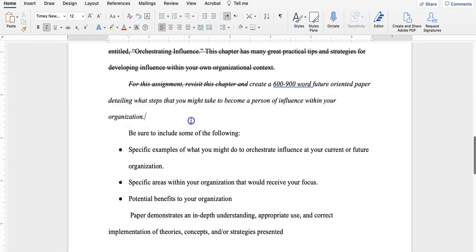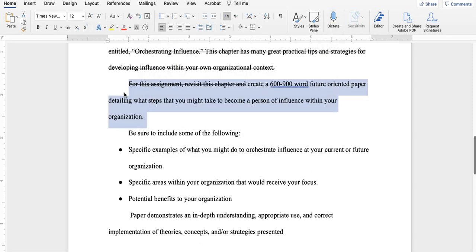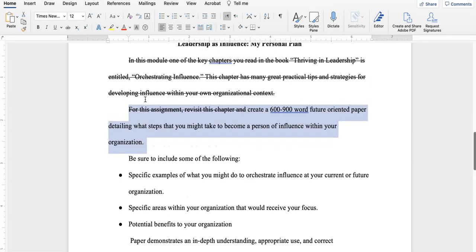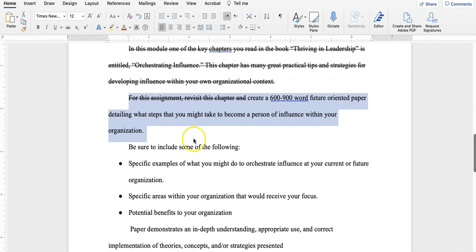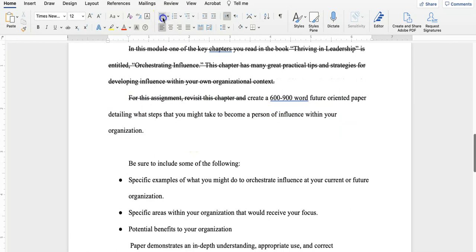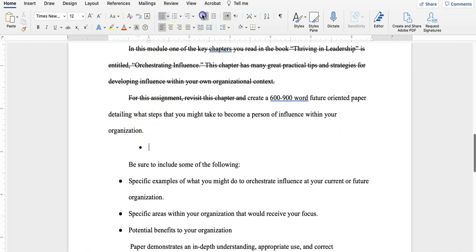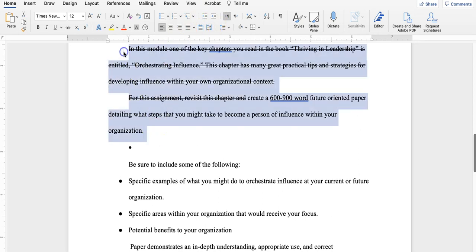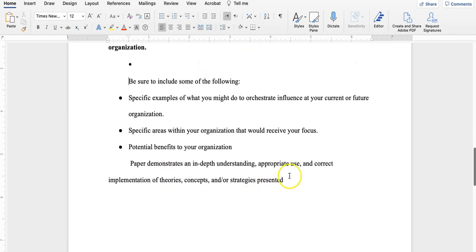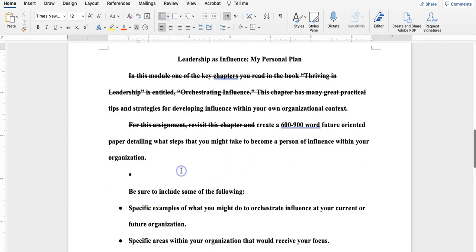So from this, and I'm going to go ahead and remove these italics just so I can see clearly what is the instruction versus what's going in for the outlining. So I'm going ahead and I'll add a bullet here. And in this case, I'm going to go ahead and bold everything that's coming from the instructions and the rubric, and not bold what I add for the outline. So there's some things that we know should go in there. You need to describe person of influence, what that does that mean.